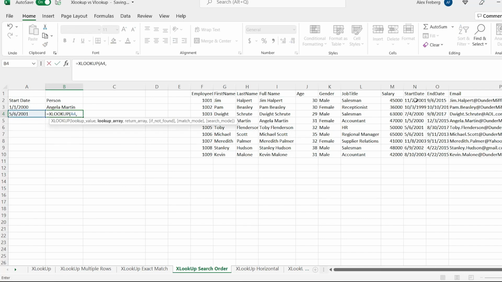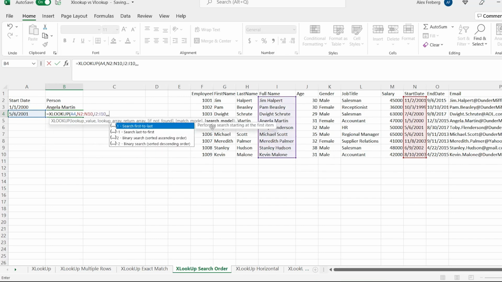And we're going to be looking in this start date and comma, and we want to return the name. Now let's get over to search mode. The search mode performs a search starting at the first item, so at the very top, going down. By default, it searches from first to last, but you can reverse that and do search from last to